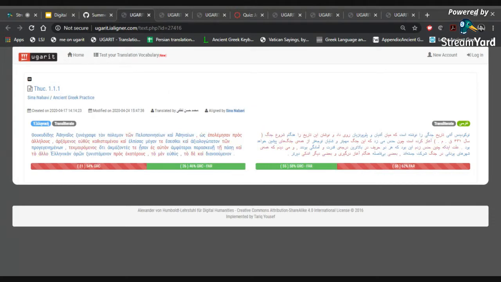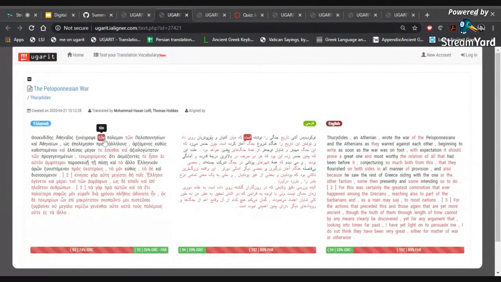So now to the alignments with the Persian translation. The same thing exactly happened. This learner aligned exactly like me, ton polemon with Jangira. In the second one, ton is actually aligned with